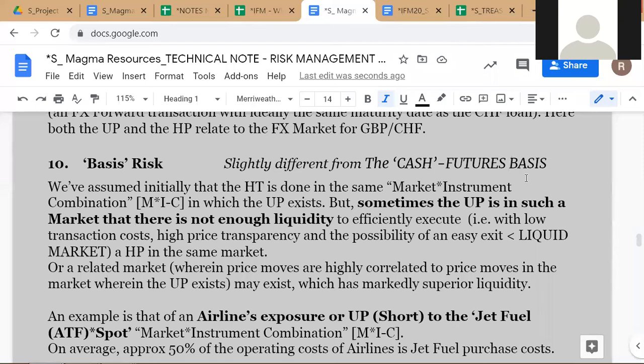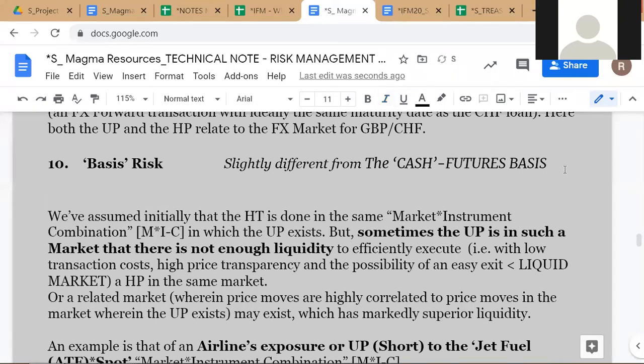Since we're discussing basis risk, let's put this as a little note here. The word basis appears in finance